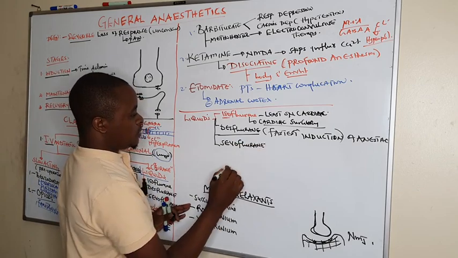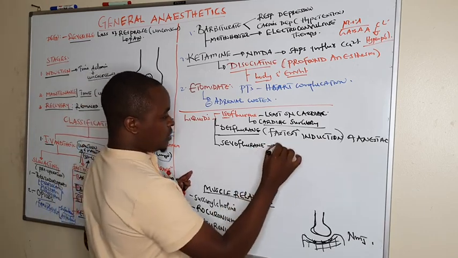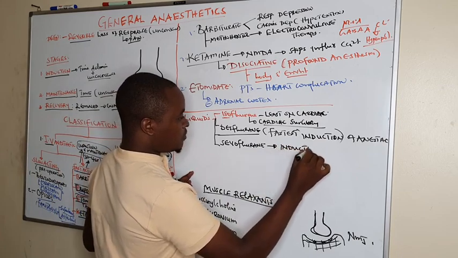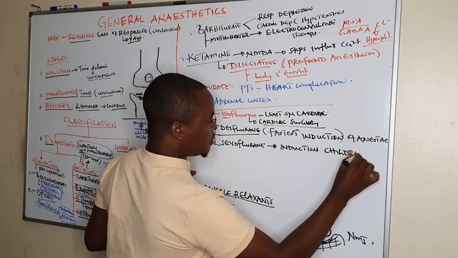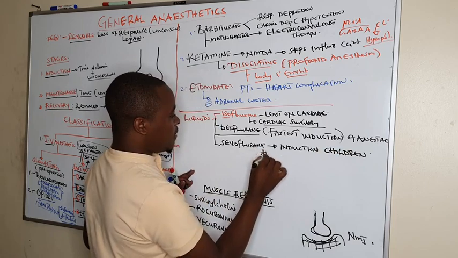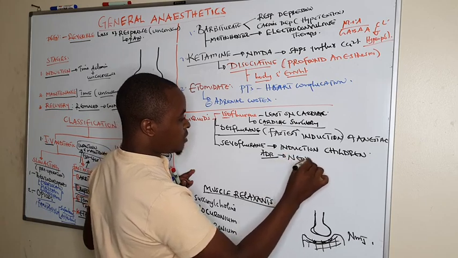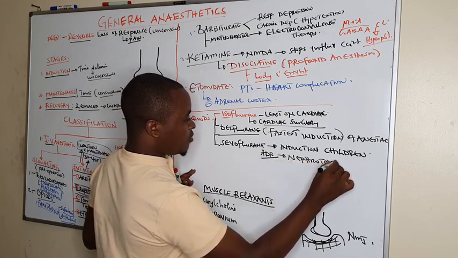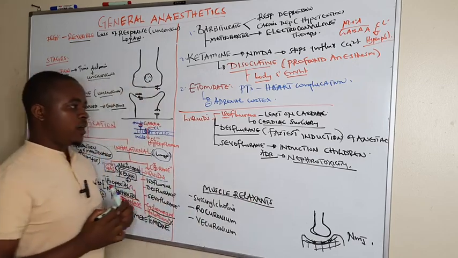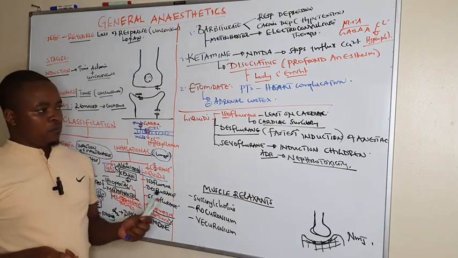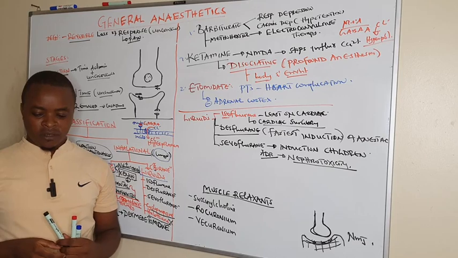this one is used in induction of anesthesia in children. It induces anesthesia in pediatric patients, but its ADR is that it has the ability of causing nephrotoxicity. It causes renal failure when given in higher doses in children to induce anesthesia. Then